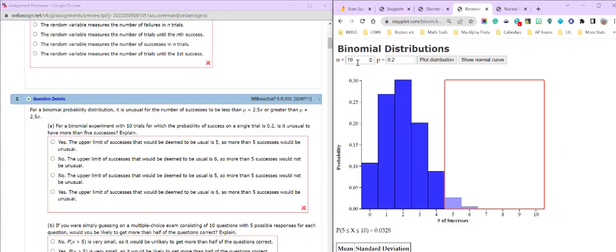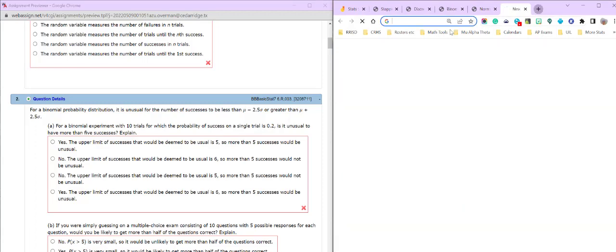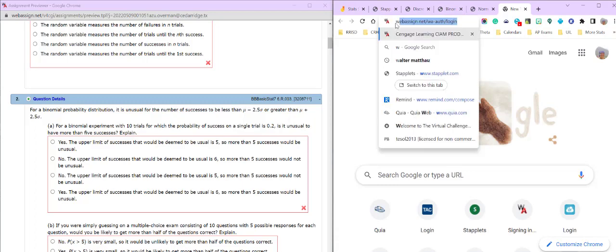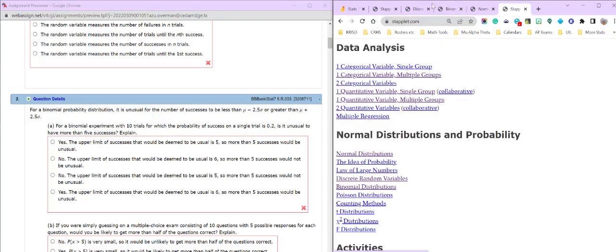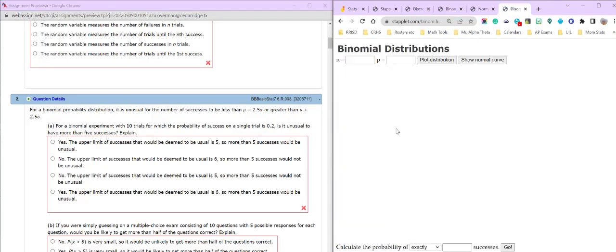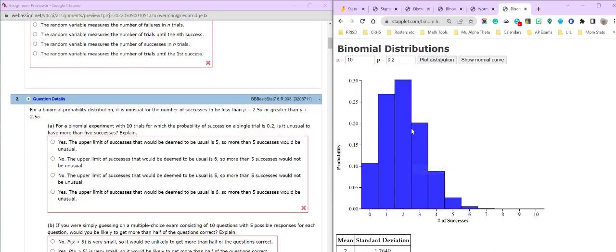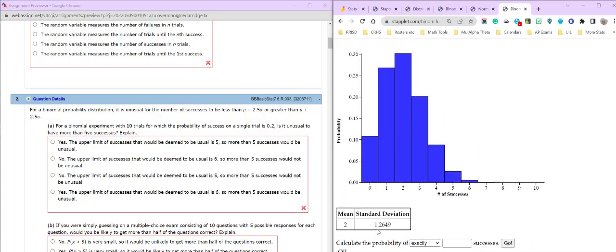So what I would do is go ahead and do a binomial distribution on the StatPlet. There we go. And we're doing binomial distributions. The reason I'm doing this is it will actually calculate your mean and your standard deviation. So n is 10 and p is 0.2. And that's what it looks like. If I go more than 2.5 standard deviations away from the mean, then that would be unusual. My mean is 2. 2.5 of these is, let's see, 2.4 plus 0.6, roughly 5. So yes,